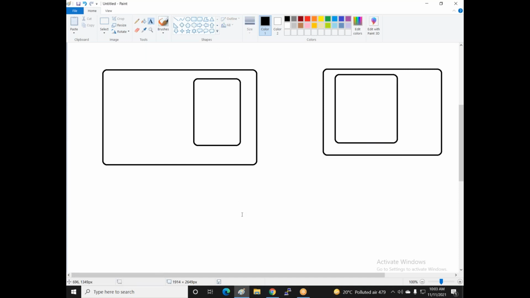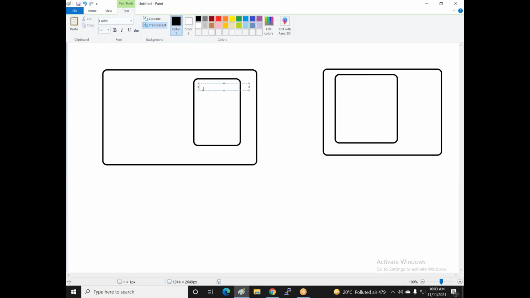This is my VNet one, available in East US, and inside East US I create subnet one, and the subnet one range is 10.0.0.0/26. Yes or no?